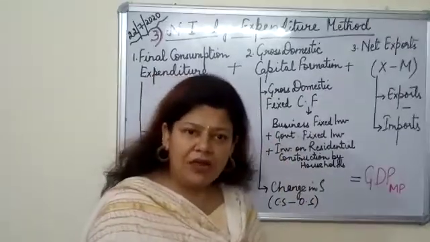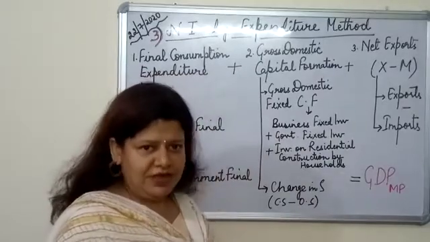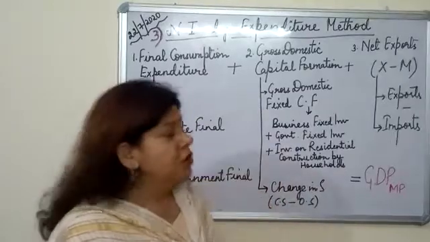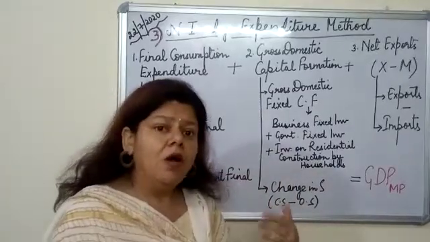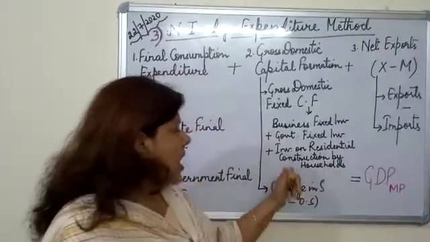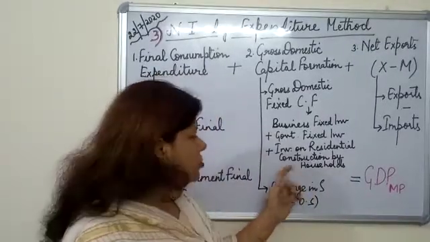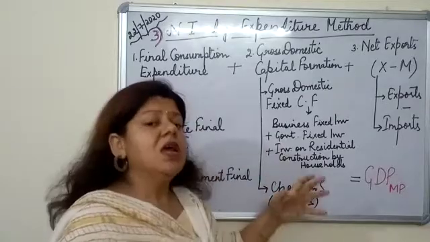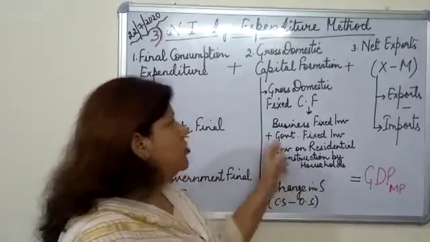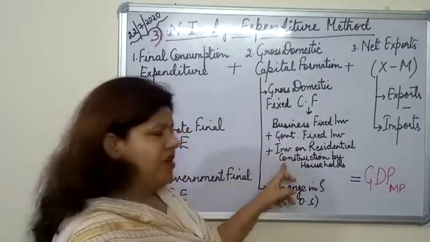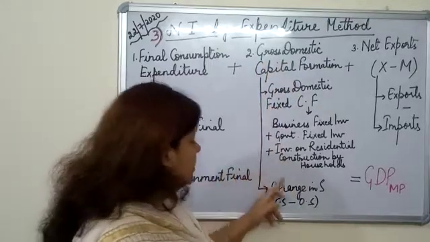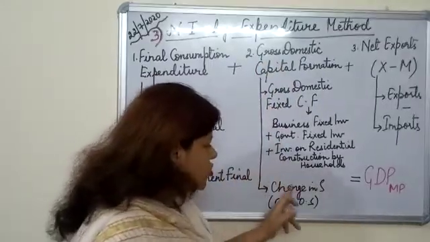The producers do capital formation for their own use, that is fixed assets. Business firms, some of them, spend on ACs also, which is also final investment. Some residents are building their houses, spending on construction of residences, which also comes under fixed capital formation. Now I have told you this portion. Now what is this portion? That is change in stock.